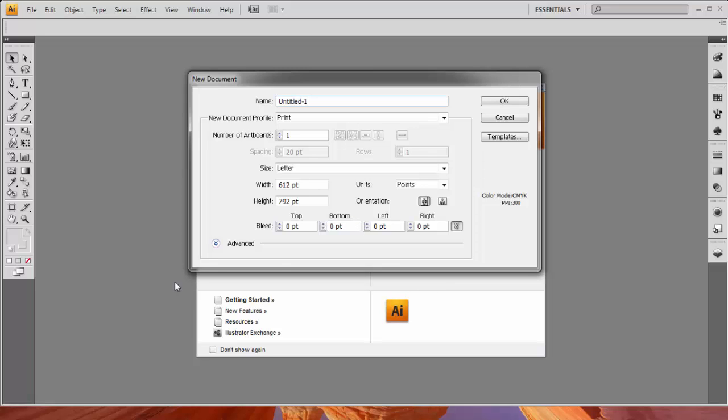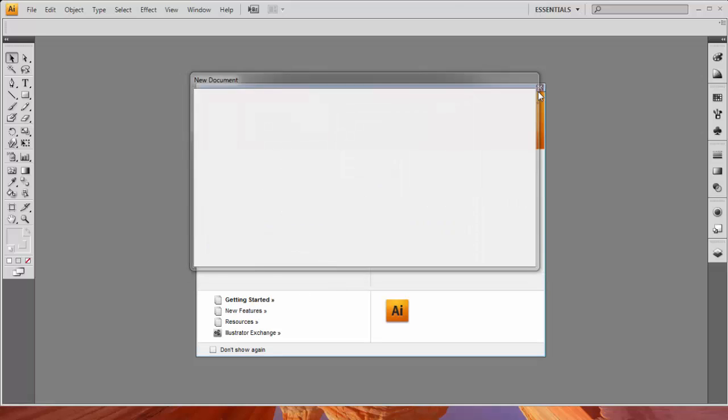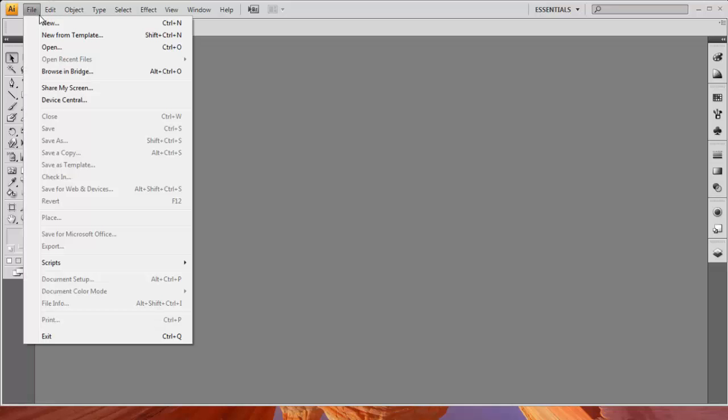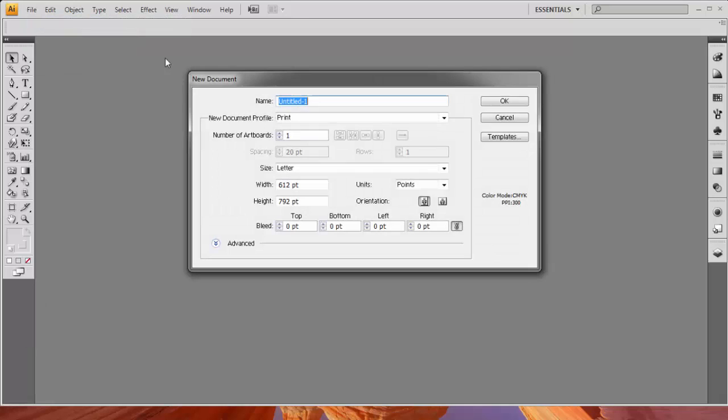To create a new document, click File on the menu tab, then choose New. This will open the document setup dialog box.